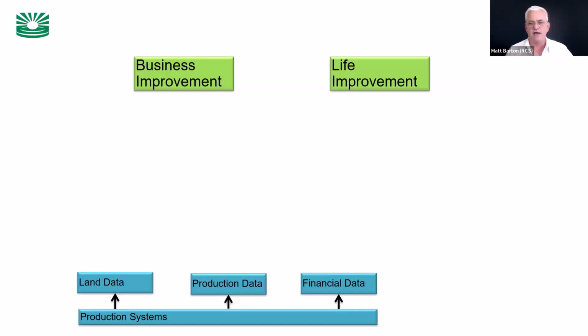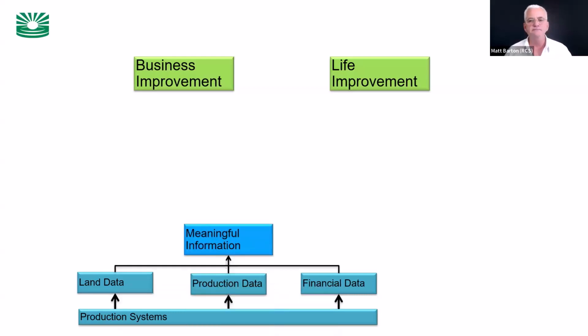And then we have our financial data, and that's the results of selling our production. How well and how our business is going through our operations. And that is meaningful information. You would have all that information you need to make it into meaningful data. Unfortunately, with our financial data, it is all tax-based. It has nothing to do with profitability. It is basically for the tax department. We need to manipulate that so we can start to analyse our business well. But we're only halfway there.